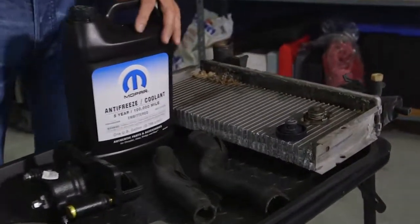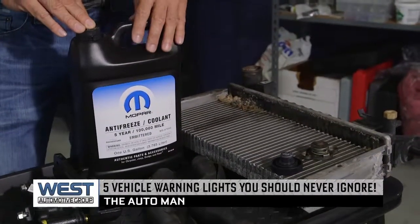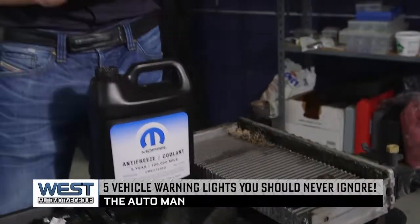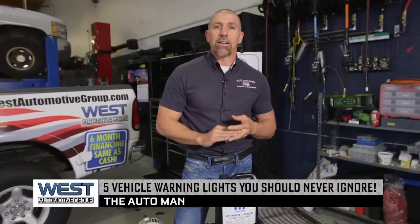The next one is cooling system. If the coolant light comes on, by driving the vehicle within a few miles overheating, you can cause severe engine damage. We want to get that checked out and make sure that your vehicle does not end up with an